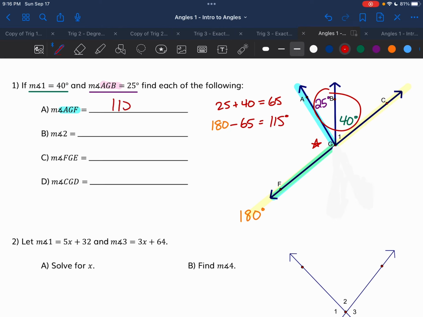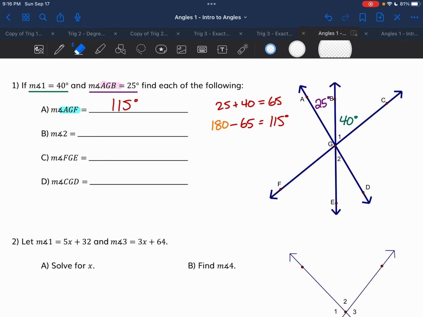And this concept, it seems like it's relatively simple. We did addition and subtraction. That concept is going to form a huge basis for all of the work that we do when we try to put this all together. Once I know that I have 115 degrees now in this corner here, we don't have to do any more math in this problem. Once I then go to find the other ones, the measure of angle 2, well,